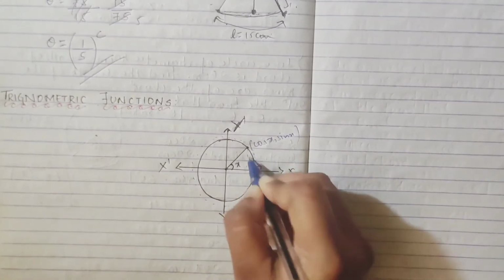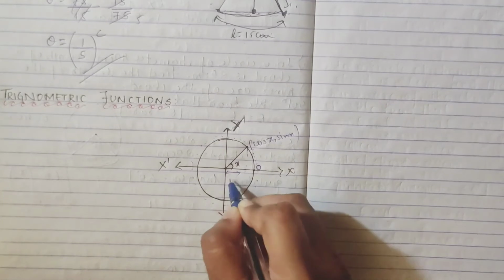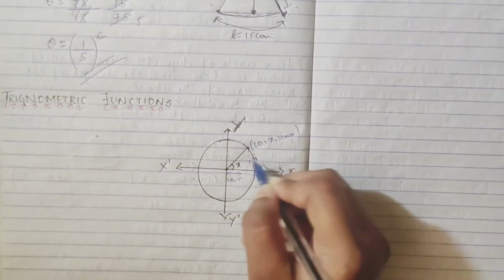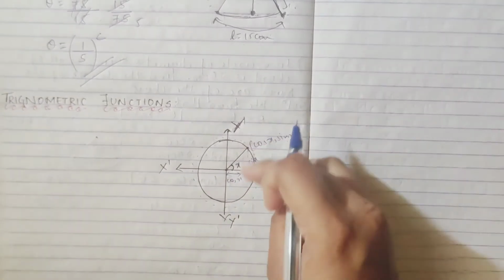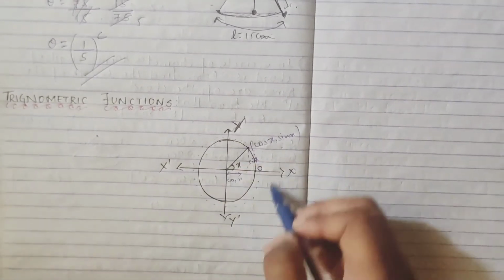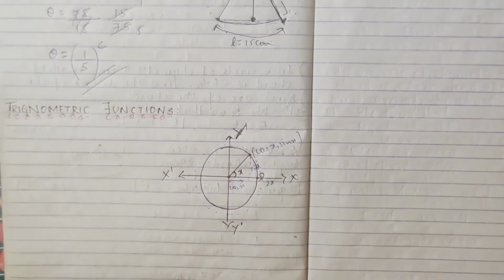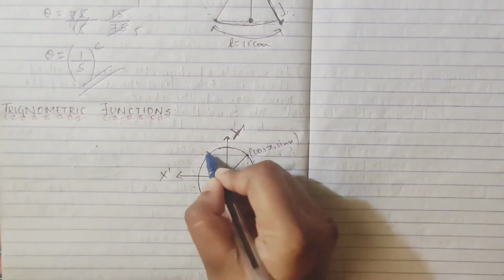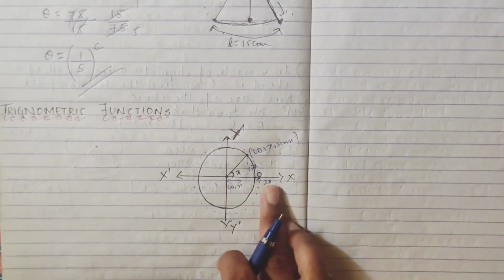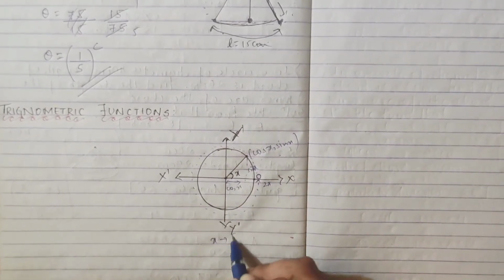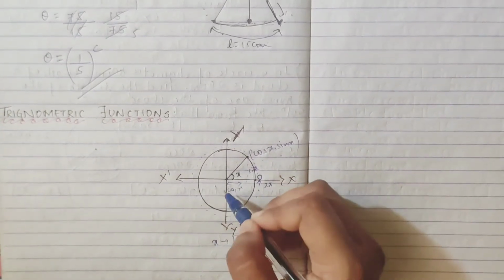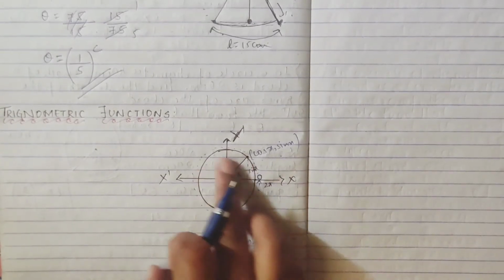If you draw a triangle, this is your cos x, right? Your cos x is base by hypotenuse, and your sin x is perpendicular by hypotenuse. So basically this is cos x and this is sin x. You will get both for every angle. As the point moves, the x values also move, and it comes and stops at the end, which is 2 pi radian. So when x moves from 0 to 2 pi, as the point moves, x values move, and you will be getting unique values.